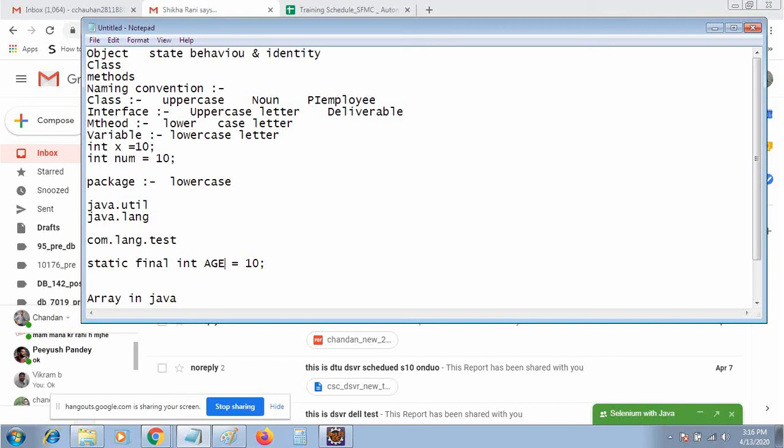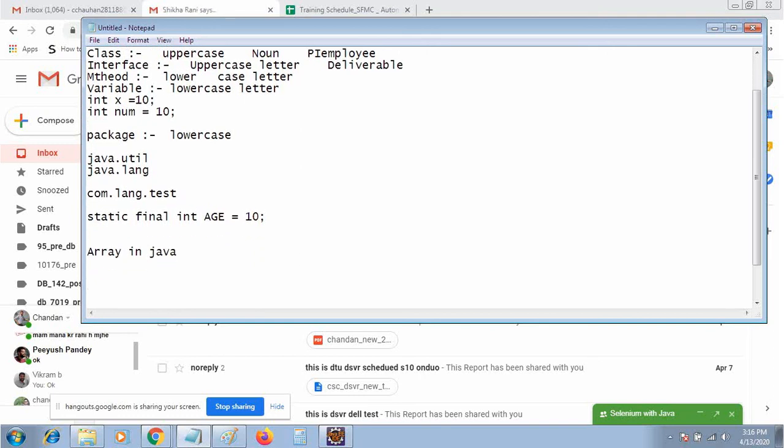Basically, we follow the camel case. Camel case is what you will find in most places, like class names. Suppose I want to write my name as a method, it will become Chandan, with a capital C. It means every word should have its first letter as a capital letter. This is very important, because whenever you code in an organization, you have to follow the complete convention process and write everything in such a way.